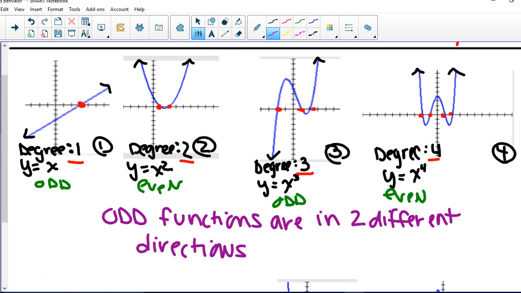Well, we learned that the odd functions are ending in 2 different places, and the even functions are ending what? Even functions are ending the same direction. So let's write that down. Even functions